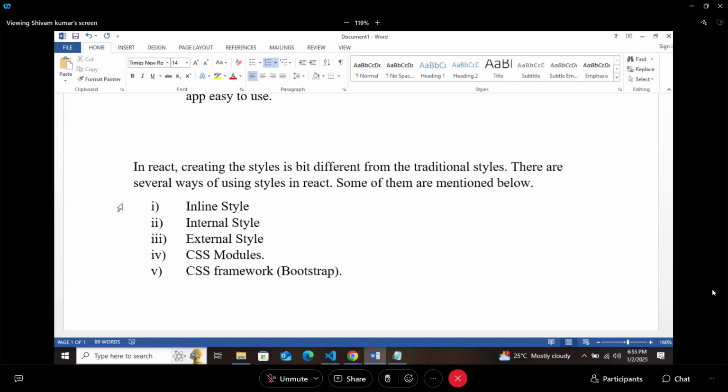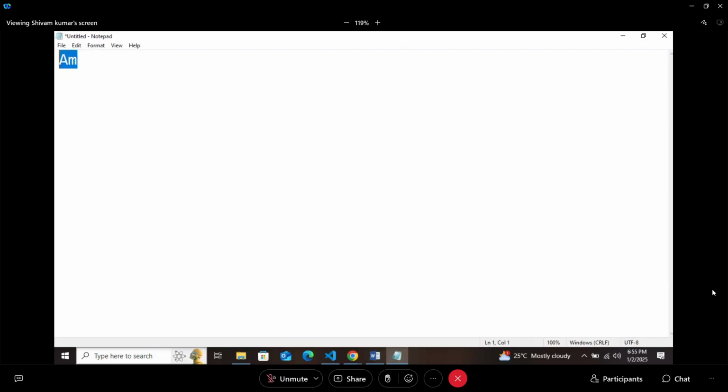Inline, but what we have seen that day, inline CSS does not work in React, but we will make it work by converting our style from CSS to React. Something we need to change. We cannot use class in React, we use className.